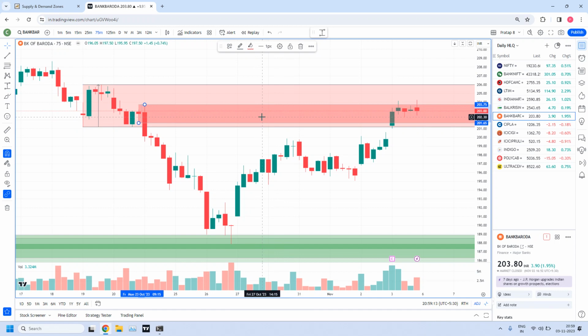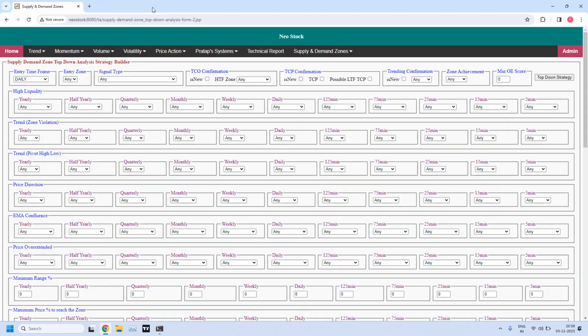So this is about our analysis related discussion. Now it's time to generate our demand and supply zones. I will start with the weekly zones. After that I will generate daily zones. So our weekly time frame is